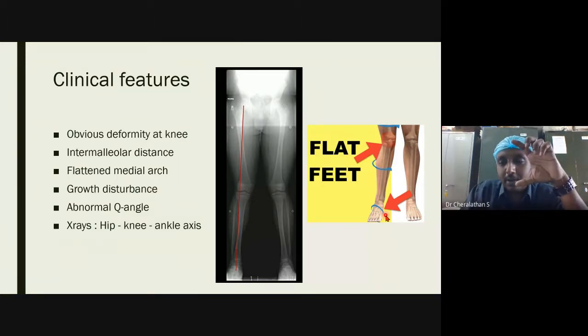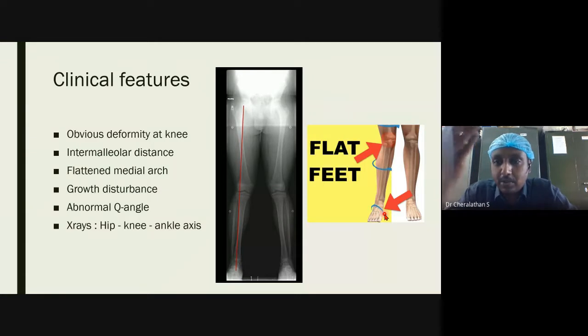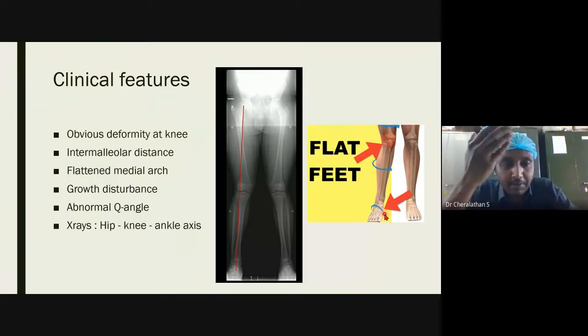Is it clear? Are you able to understand what I am trying to say? So this is a secondary manifestation of a primary deformity somewhere. This very commonly happens. The parent will bring the child just for the complaint of flat foot. But if you check clinically, the problem will actually be at the level of the knee. So we have to be very careful here. The patient may complain of a flattened medial arch, or when we check, there could be a flattened medial arch, but be sure whether that is the primary pathology or a secondary manifestation of a primary pathology at the level of the knee.